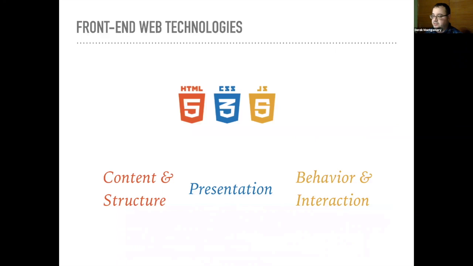CSS, which is cascading style sheets, is what we use to make the web look pretty. And HTML, CSS, and JavaScript are what my company pays me to do. So this is everything from the color of your text to the size of a box that holds certain information to the animations that occur, to make it zoom across your screen or whatever.